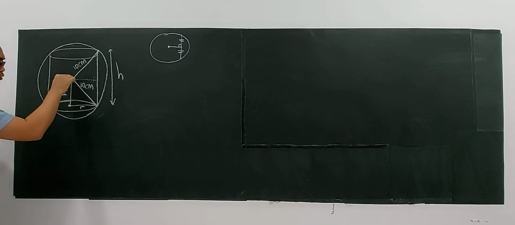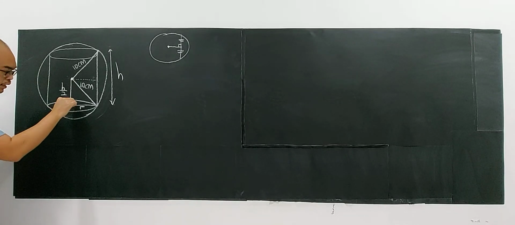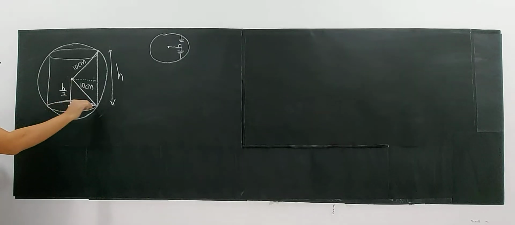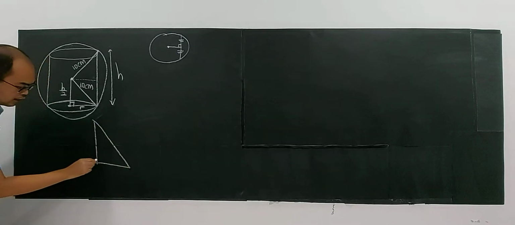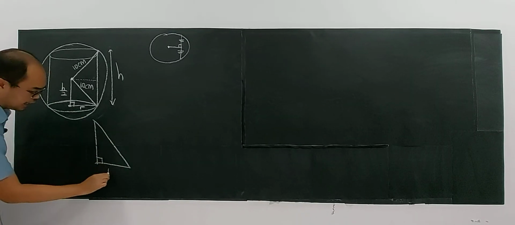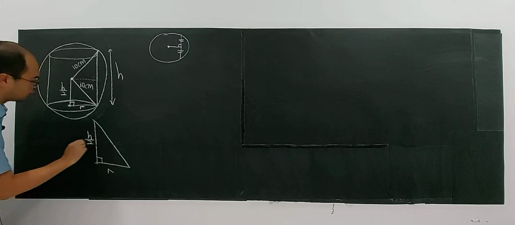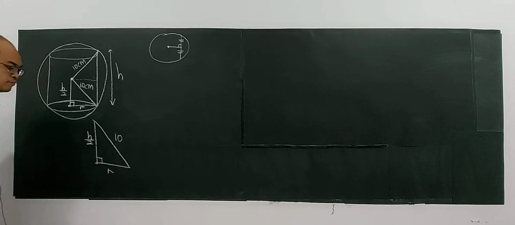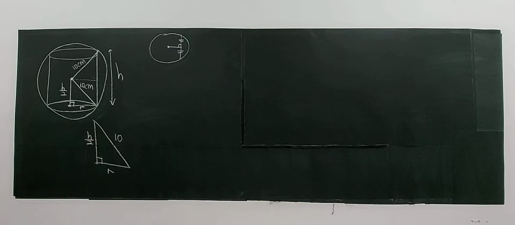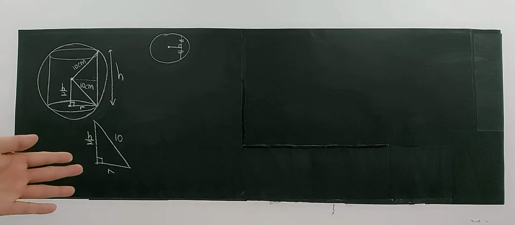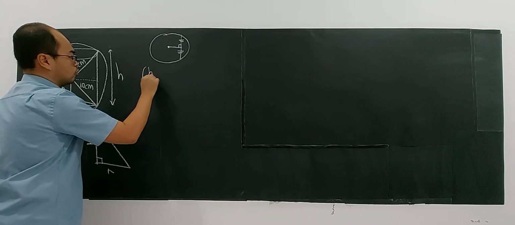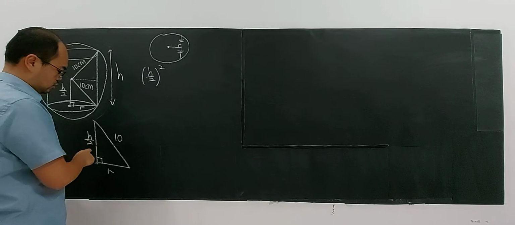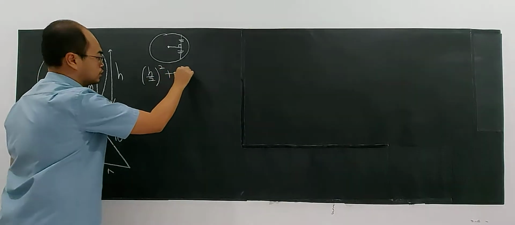From here to here, this is 90 degrees, so there is a right angle triangle here. I'm going to draw it out. The right angle triangle will be represented by r and h over 2, and the hypotenuse is 10 cm. Then I can get the relationship between radius and h by using Pythagoras theorem: h over 2 to the power of 2 plus r to the power of 2